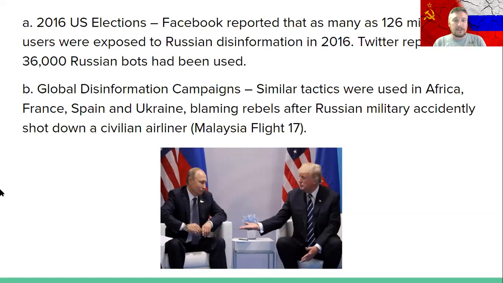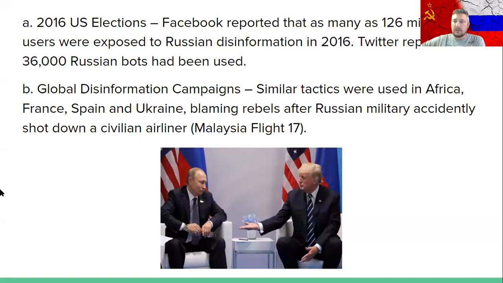The last point there, the global disinformation campaign. The United States is not the only one that has had to deal with this. We have seen elections that have been swayed in Africa, France, Spain, again, Ukraine. We even saw that, again, that Russian-Ukrainian war that has been going on since 2014. There was one sad side effect, and you might remember this, but there was a Malaysia Flight 17 that was shot down over Ukraine, and